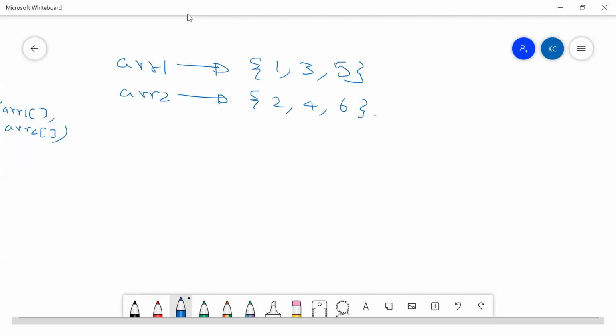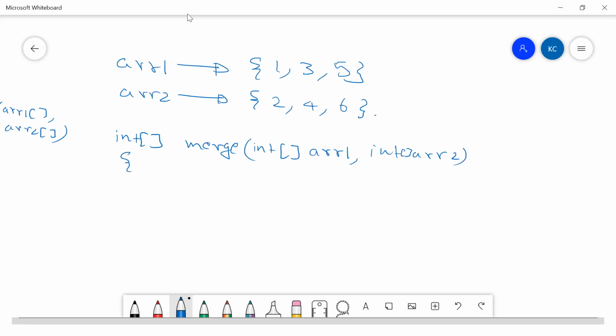My method signature will be something like this: integer array merge, taking integer array 1 and integer array 2. Okay, I have this example.